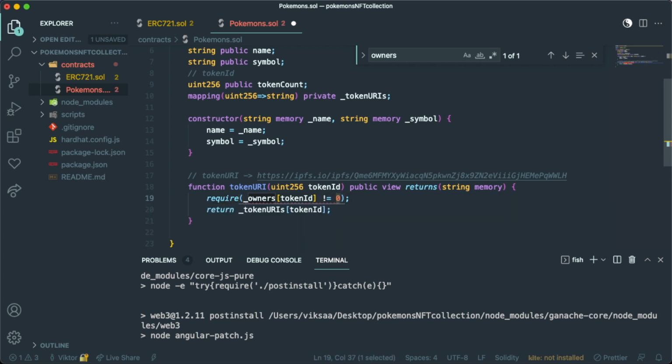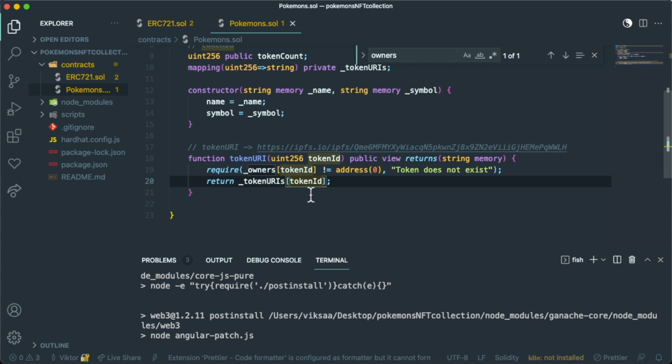We cannot compare this address to 0, we need to convert this 0 to an address, so we're going to say address and then pass the 0. And if this returns an error, we'll print out something like "token does not exist". We're going to save this, and we're done for the